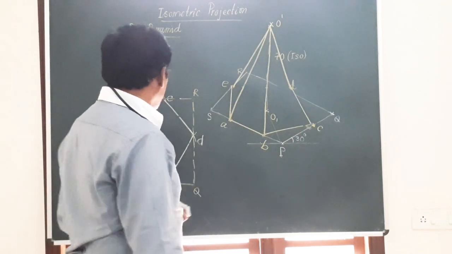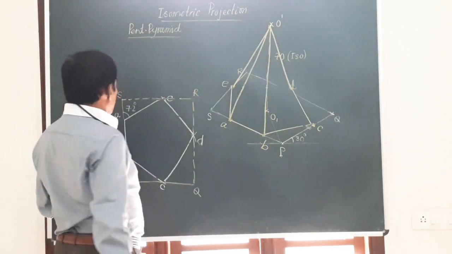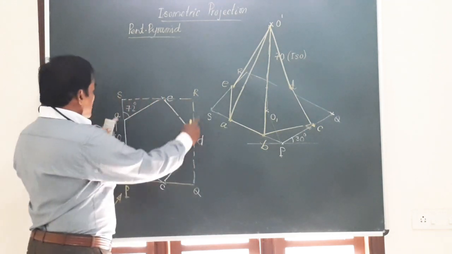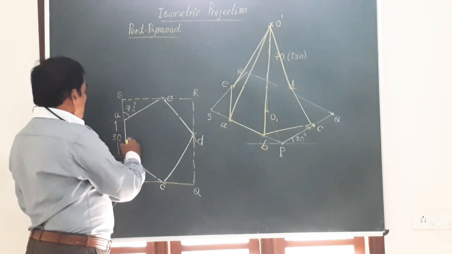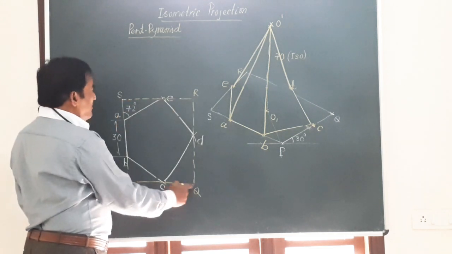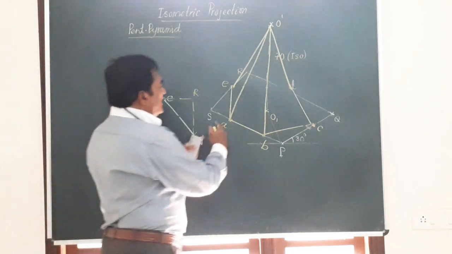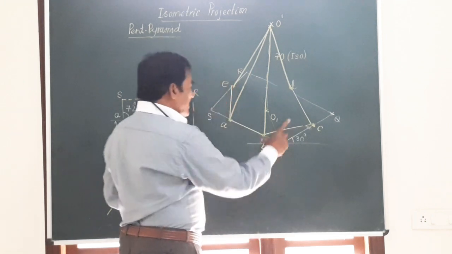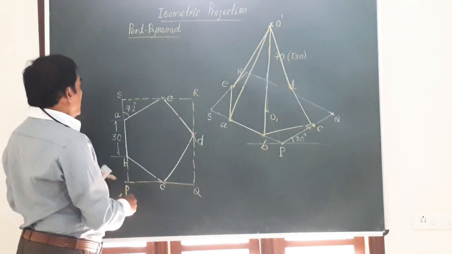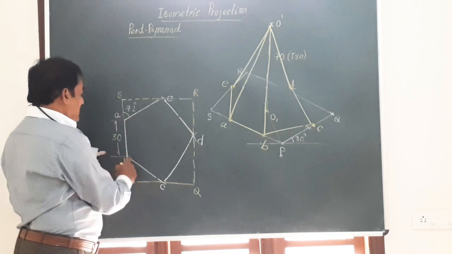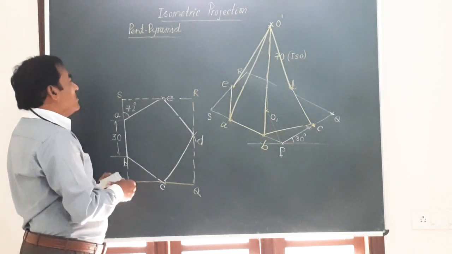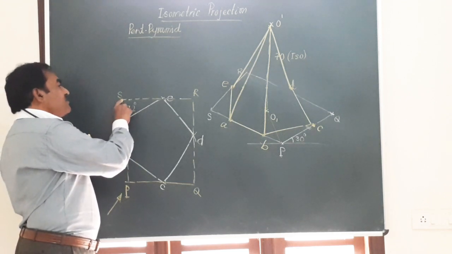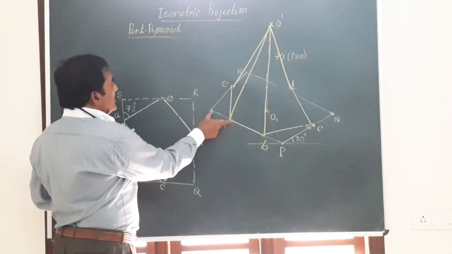Once again I will explain to you just to make the concept clear. Friends, we have the pentagonal base. I have got the pentagon constructed. I have enclosed this pentagon in a box, namely PQRS, a rectangular box, and that rectangular box is constructed here with reference to this horizontal line, taking the dimensions all ISO. That is, I have to locate these points A, B, C, D, E in that box. Now, starting from the point A, I have A nearer to S. So I take this measurement, convert that to ISO, put it here.